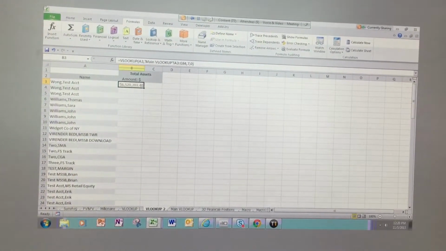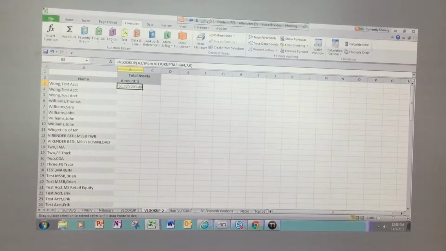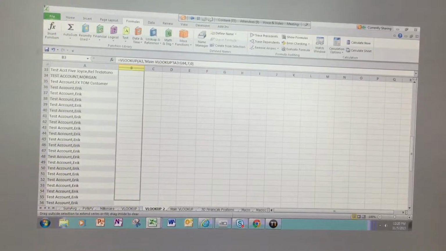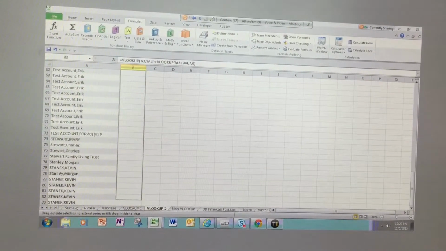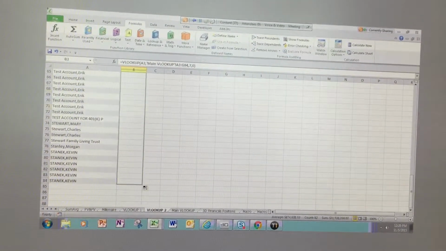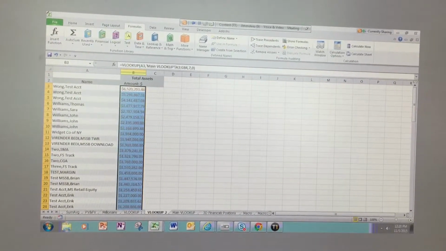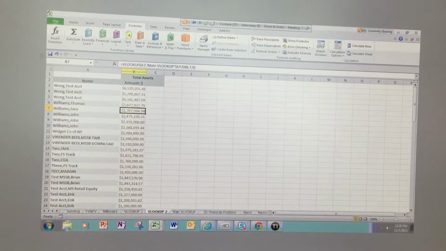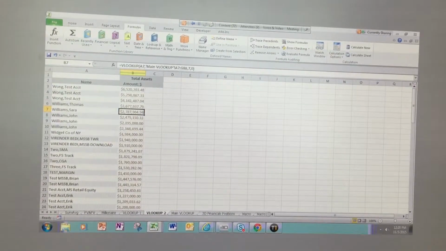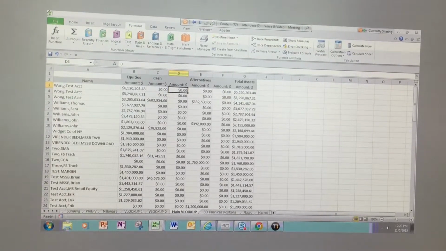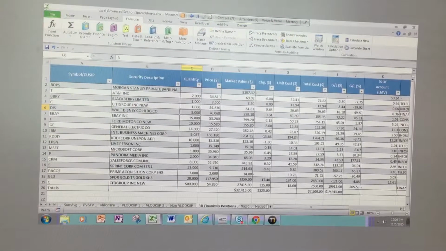So I'm going to go back over to this particular spreadsheet, and remember, save yourself some time. We're going to copy the formula down, go to the corner, and we're going to get all of the total assets exact for each one of the clients that we have on our list. You see how it copied all the information over, and notice the numbers that are here. And if we go over to this, these are the same numbers that are here. Now what I want to do is look at the